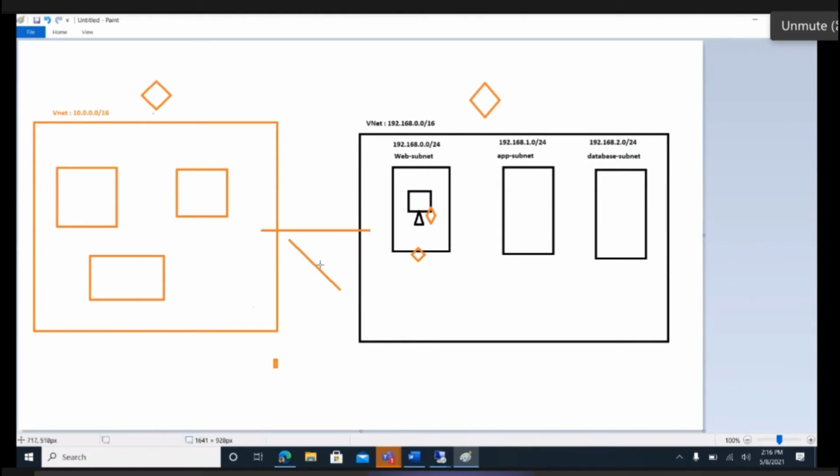Let's say we somehow successfully created a peering, and both have 10.0.0.0, though actually it won't allow you to create a peering when you have the same range. But suppose you somehow created it, then your virtual machines will have the same address space. How would these virtual machines know that they have to go to the other virtual network, because the same IP exists in their own virtual network? So it won't send its traffic to the peering. Traffic will not even reach the peering. You got my point?